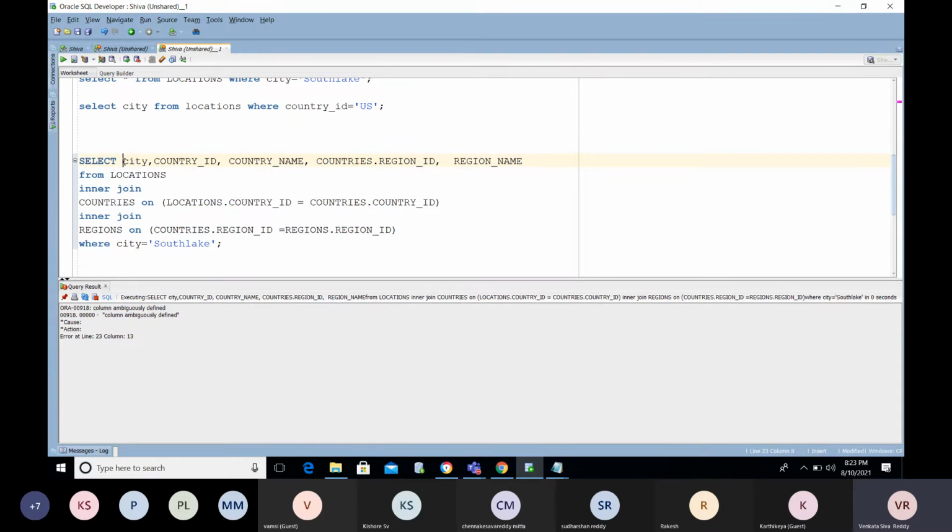Try with your end. Now we have country ID as the common column for the locations and the country table. So for that reason, you are getting the column ambiguously defined error. Now I mentioned the table names.